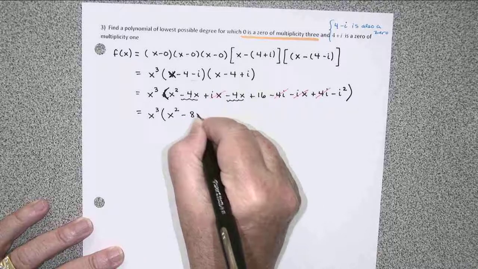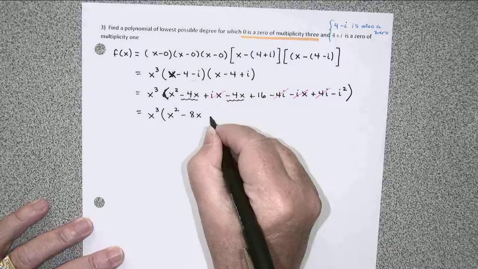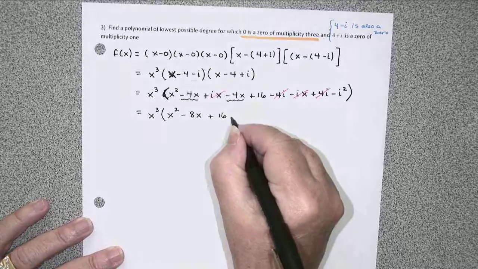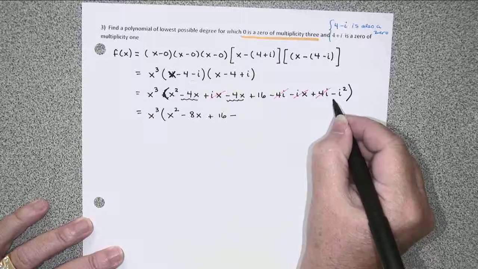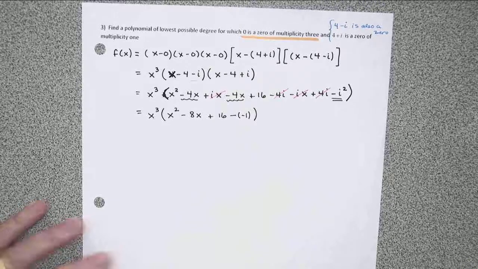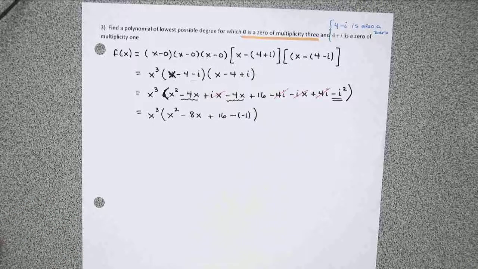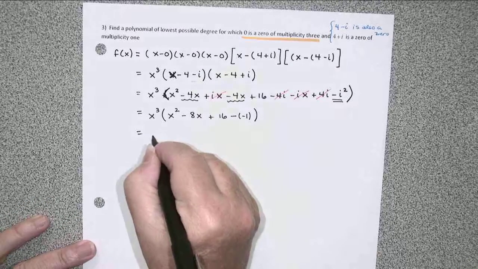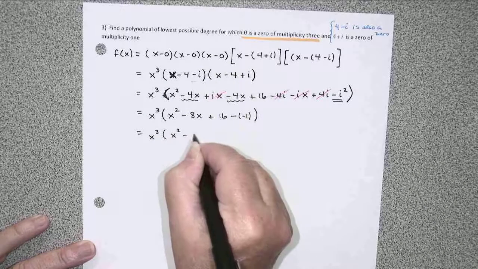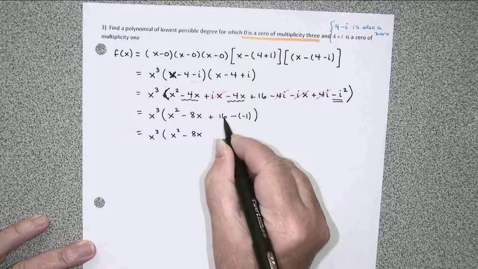So I have a negative 8x plus 16 minus, and that i squared I'm going to replace with a negative 1. So I have x squared minus 8x plus 17